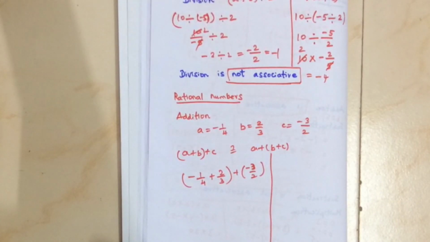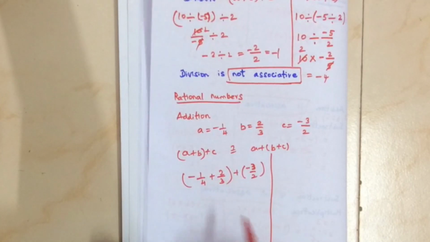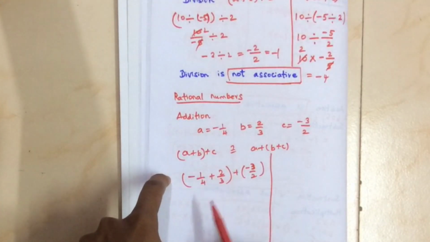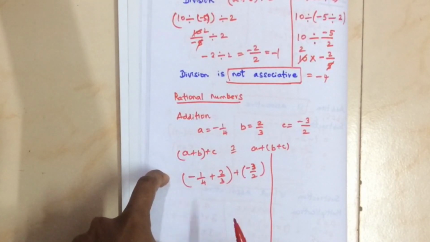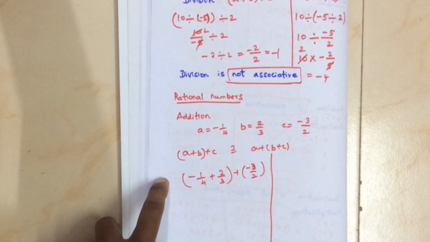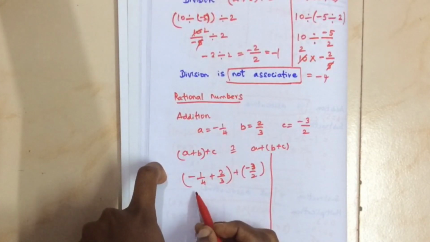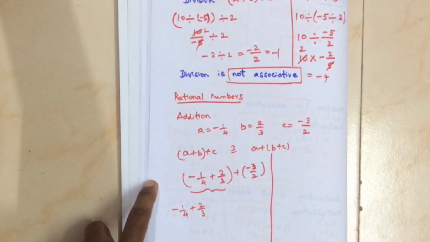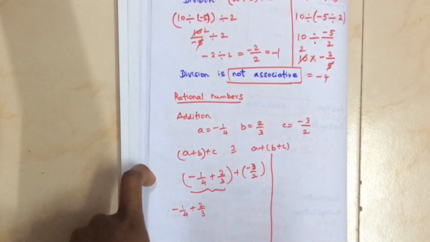Okay. Now if you see here the denominator is not the same. If the denominator is the same, it is easy, you can add the numbers in the numerator. Whenever you do addition of rational numbers, first you have to check whether the denominator is the same or not. Only if the denominator is the same, you can add or subtract the numbers in the numerator. So first I am taking only two numbers, minus 1 by 4 plus 2 by 3. To make the denominator the same, keep in mind you have to take the LCM of the numbers in the denominator. So what is that?